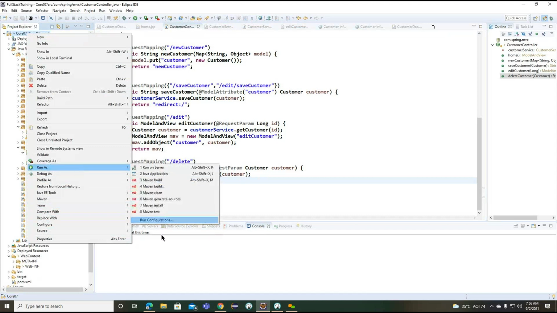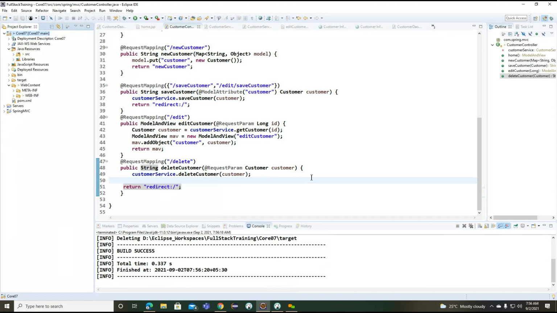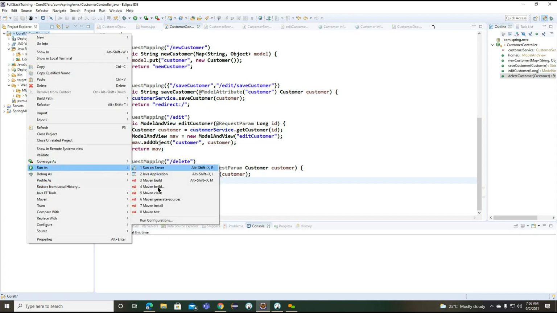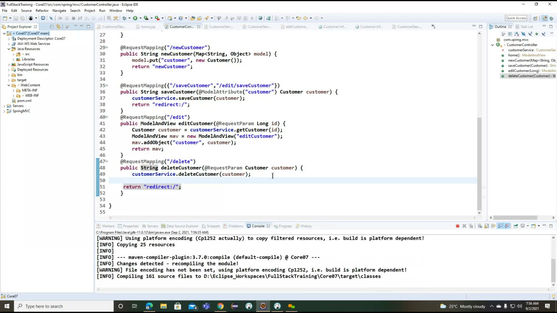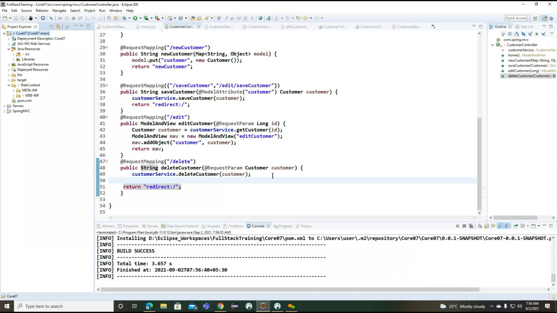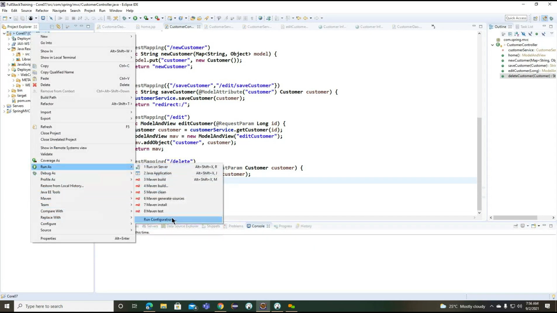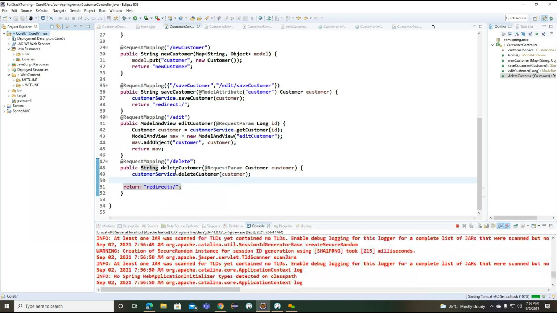Let me clean one more time. So we cannot go for the hash here. With a dollar, we are trying to make a dynamic value, which is indicated here.